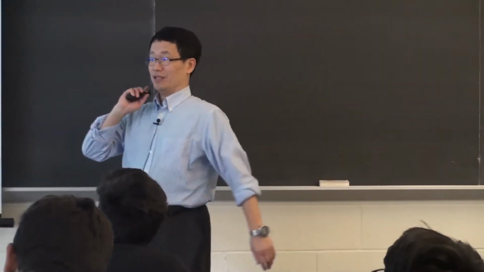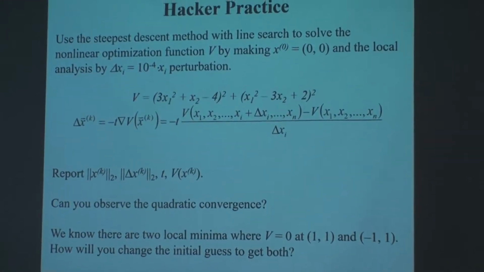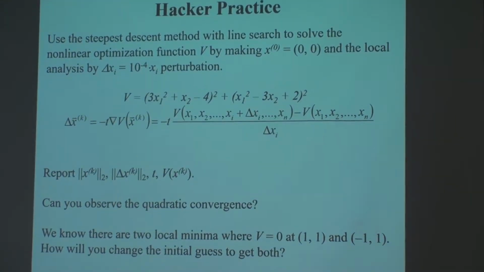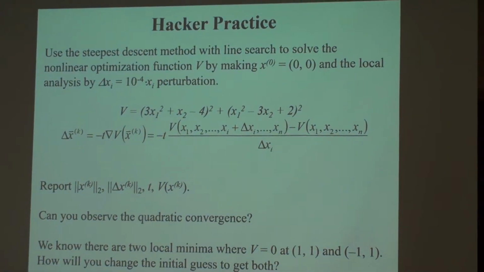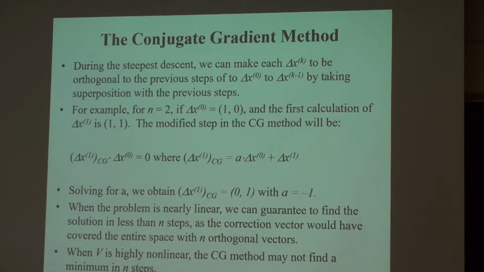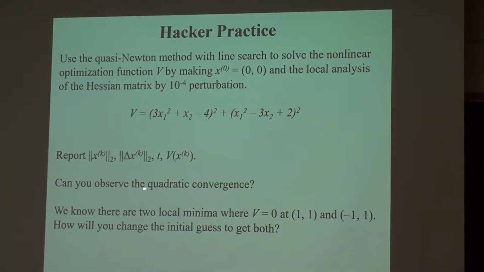I believe you have done this over the weekend. Hopefully you have seen the quadratic convergence in quasi-Newton, and just crawling convergence in the secant method. I don't know if you have seen that. This is the same problem, but I do expect you to see the quasi-Newton method have quadratic convergence in the very last line, because the nonlinearity is only in x1.